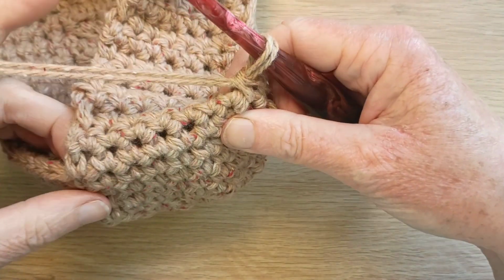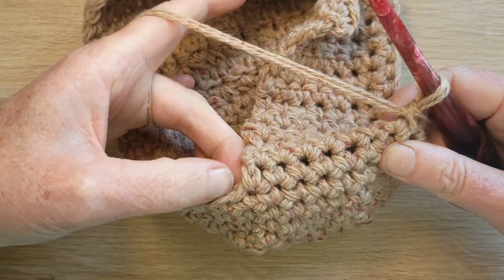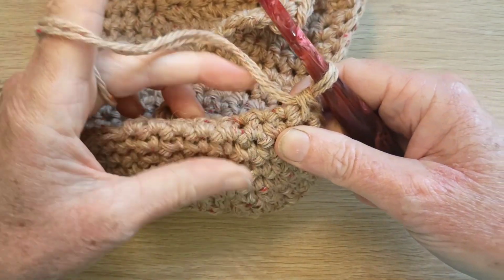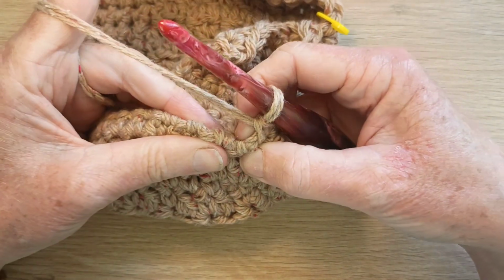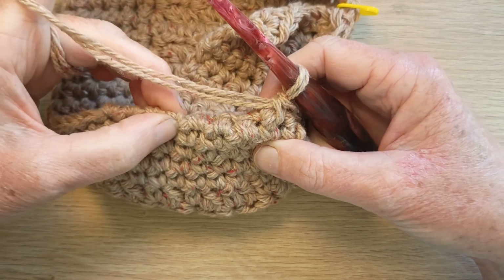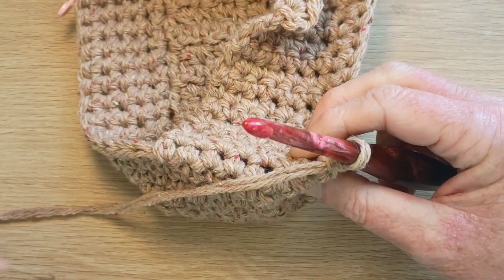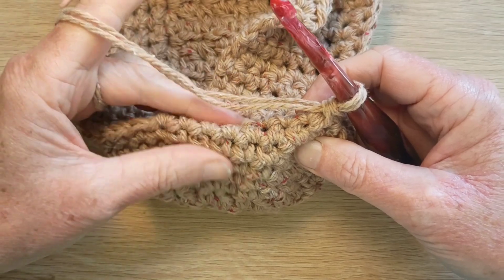So what I do is I fold. Here's the other side. There's that stitch there. So I'm folding along here. And what I'm wanting to do is place stitches along here because that lines up nice with this bit here. So once you've done that,